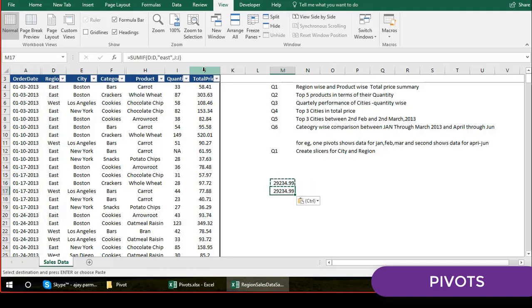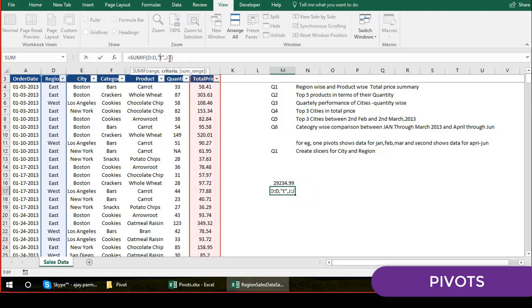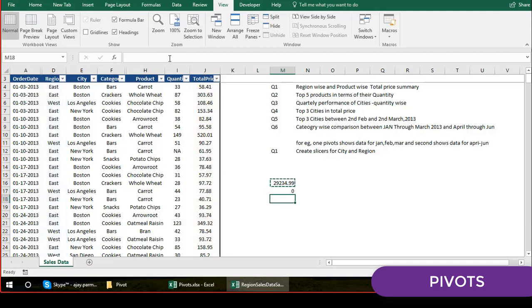Then I can go and paste the formula here, and here we can do that west, and you'll get the answer. So in west we don't have, sorry, it's actually WEST. So there we go. So this is how, but this is again a formula. I can't see this in the form of a dashboard, so that's where the pivot would come into action, right? And also for the reason that tomorrow you may have more regions and you want to maybe check that as well quickly,